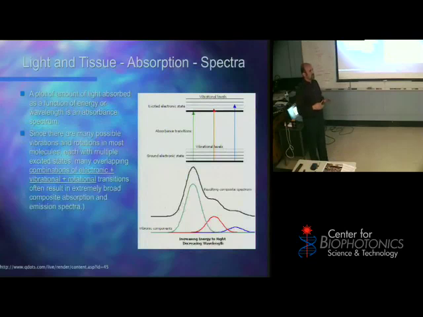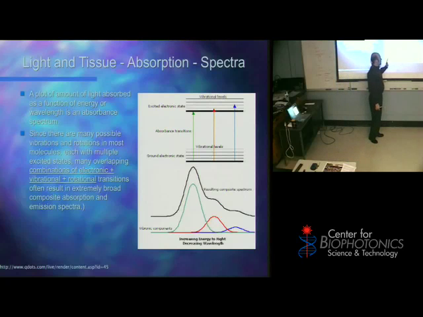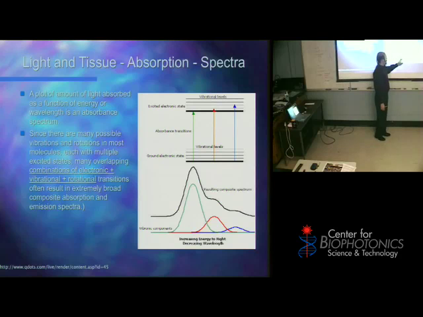And when we want to describe how a certain molecule, or sets of molecules, are absorbing light, we create something called a spectrum. And that spectrum shows us energy on one axis, and it shows us the amount of that energy that was absorbed. Okay? So we get an absorption spectrum that says, this wavelength was absorbed a little bit, this wavelength was absorbed a lot more, this wavelength was absorbed the most, this one less, this one less, this one more. It tells us. And by the shape that we get,